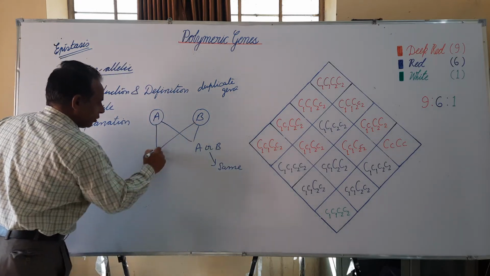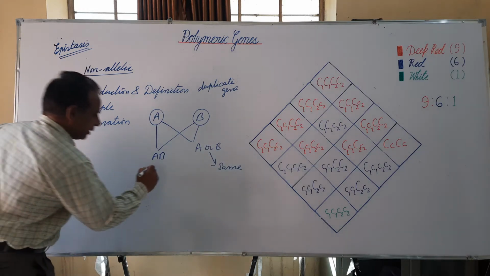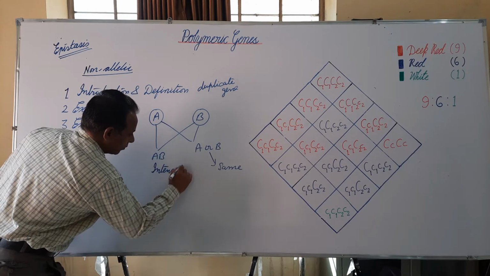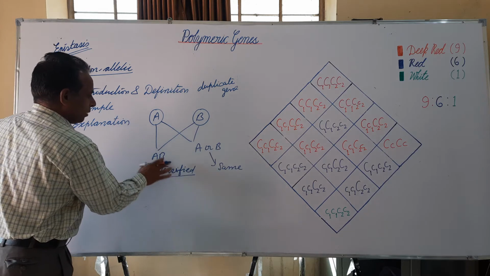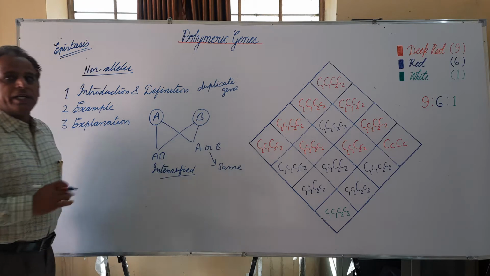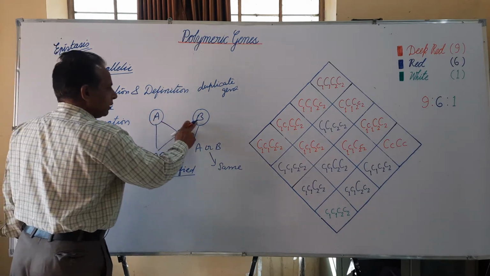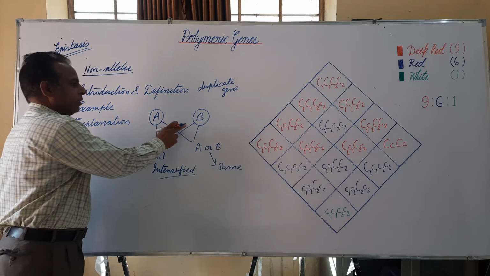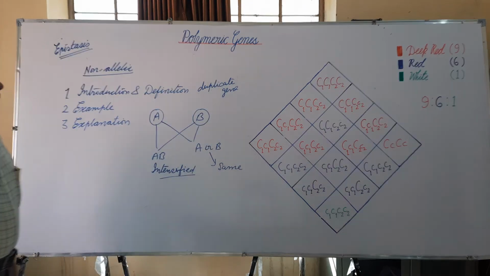When both are present together, the phenotypic effect is intensified. In this case, the effect of A and B is added. A and B function as additive or cumulative genes, so-called polymeric genes, and sometimes additive